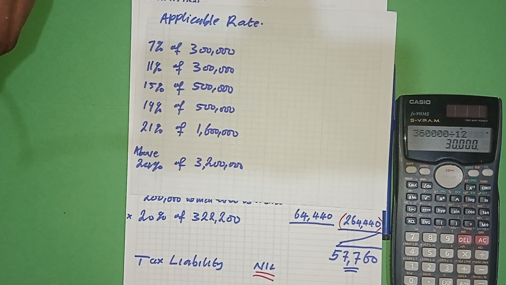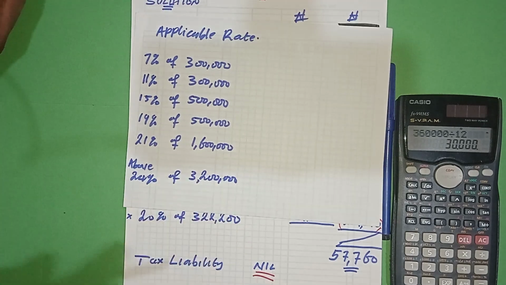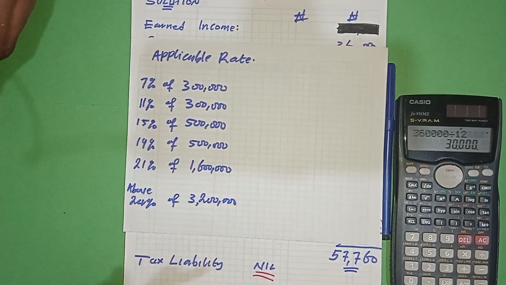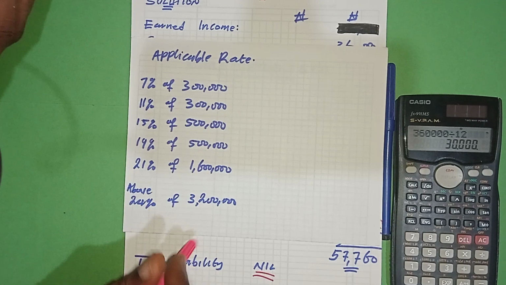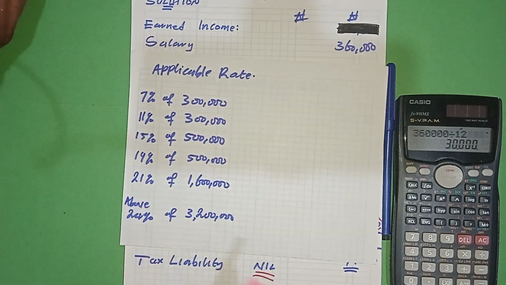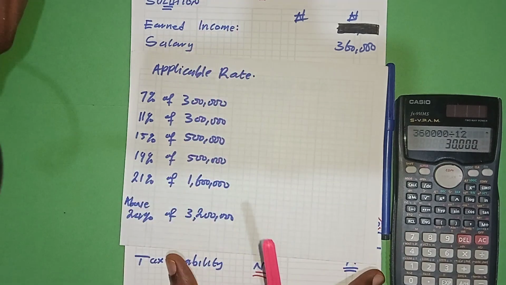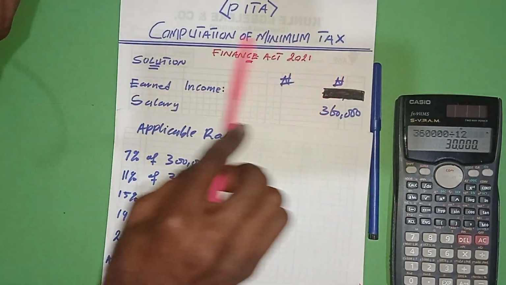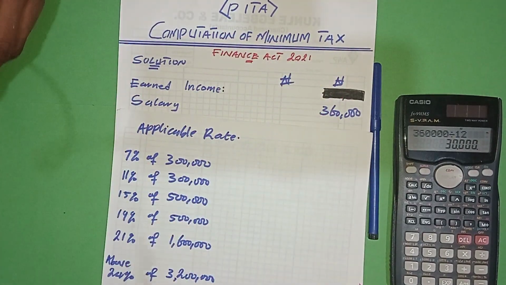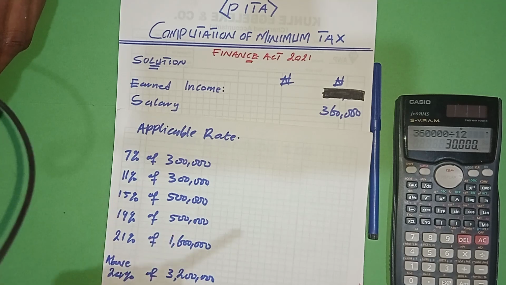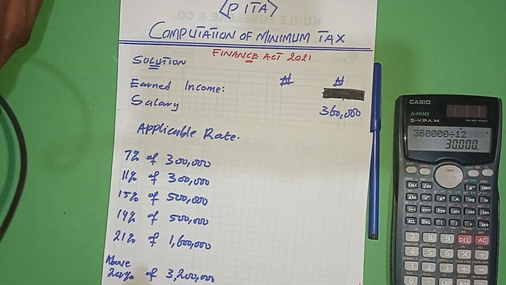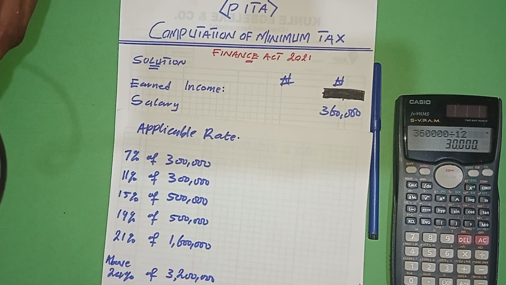Is that clear? Is there any question? Please, if there's any question, don't fail to put it in the comment section. And as I said earlier, I will link that video on PAYE so that you get the detailed explanation of this. Because I just want to show you how to compute the minimum tax here, for you to know that whoever is earning 30,000 naira is not paying any tax as PAYE.